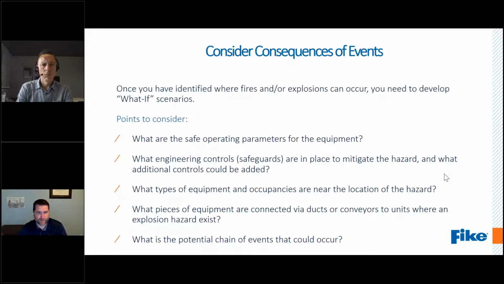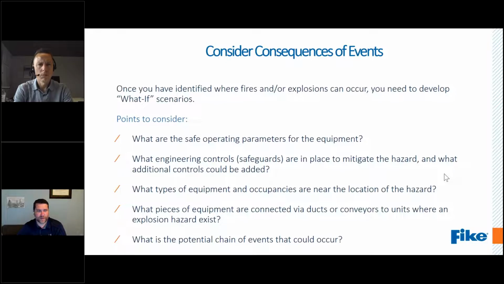Now we're going to the consequences of events, and this is where we get into the severity. As I talked about earlier, I've seen some companies don't include severity in their risk assessments, and that's fine. We like to include it because it helps with our risk ranking. If you don't have the severity, it gets a little bit more difficult to prioritize. So in our scenario here, we've done the zoning locations. We found where all of our locations are and assigned them a zone. We've then gone through, found what all of our ignition sources are and assigned likelihoods to those. Now we've got to look at